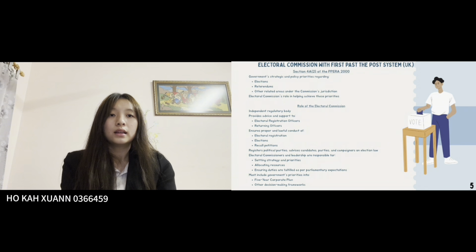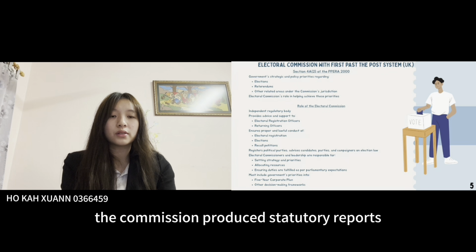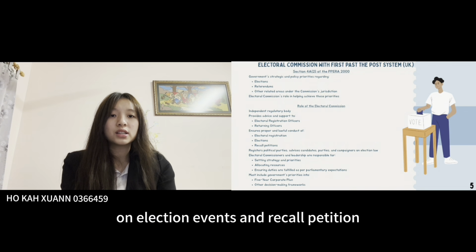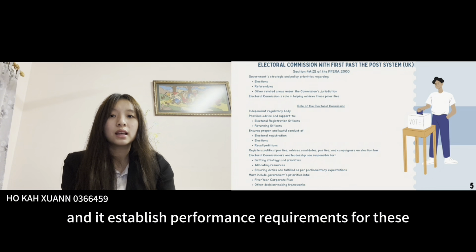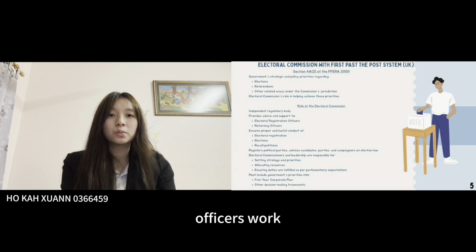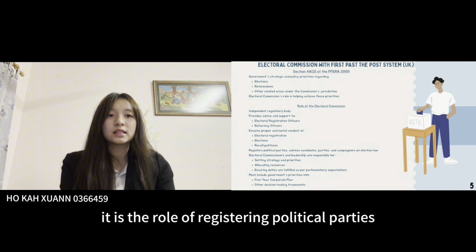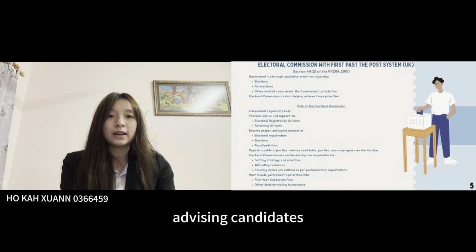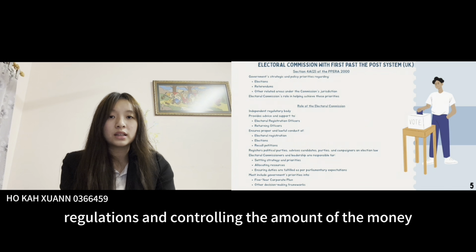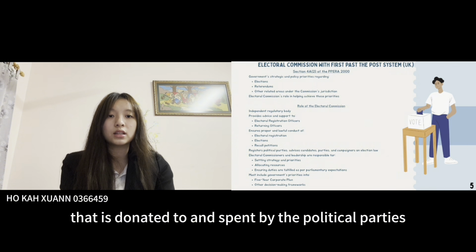law. The Commission produces statutory reports on election events and recall petitions, and it establishes performance requirements for these officers' work in Great Britain. In addition, it has the role of registering political parties, advising candidates and outside campaigners on election regulations, and controlling the amount of money that is donated to and spent by the political parties or